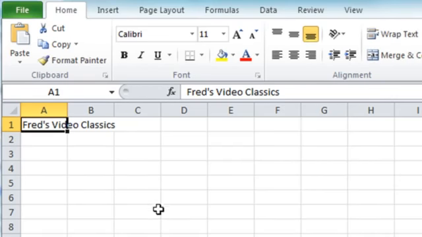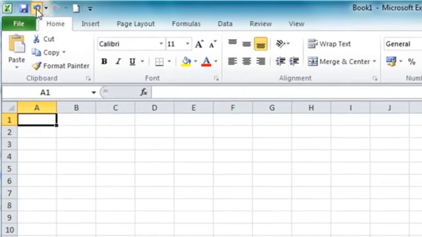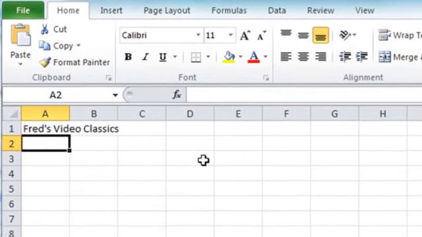You can also edit the cell by double clicking, and if I just double click on A1 there, you'll see again it goes into edit mode. I can again use the arrow keys to move back and forth, press the escape key again to cancel. And if you want to remove an entry that's already been entered, you simply select it and press delete on the keyboard. Now in this case I didn't want to delete it, so I now can click my undo button there and return the entry, and I can just click into cell A2 and we can carry on creating the